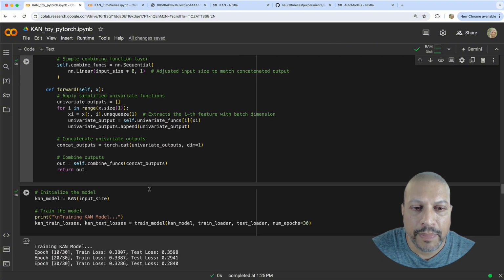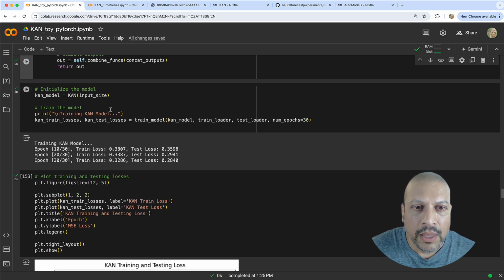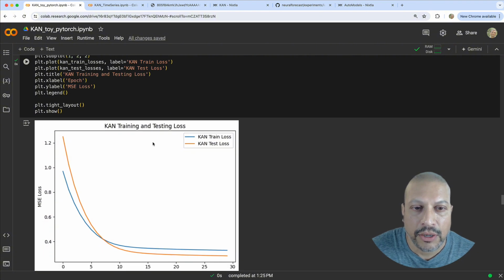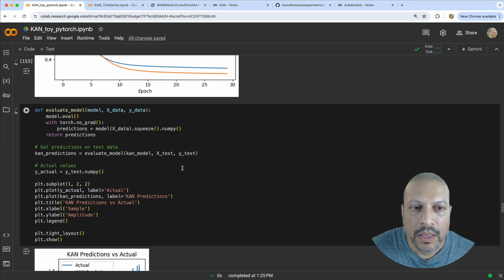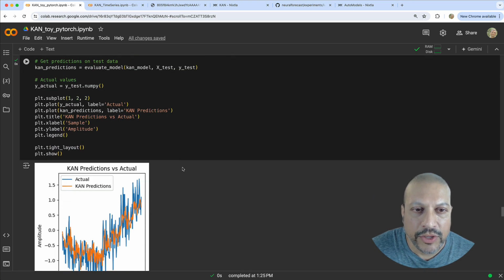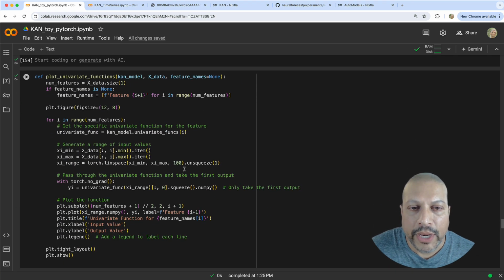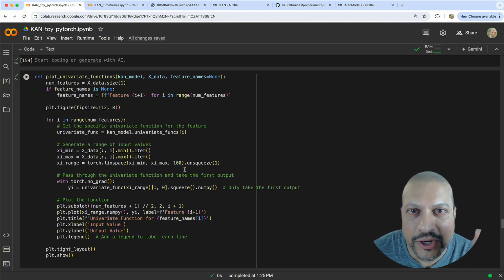We have a different kind of forward pass like that. And you'll see the model even has a little bit lower test loss than earlier. This complex model takes a bit longer to run, but does a little bit better. And you can see here the training loss curves match up nicely. Then when I run the evaluation, you can take a look at the predictions and play around with that as well. But now when I plot those same univariate functions,